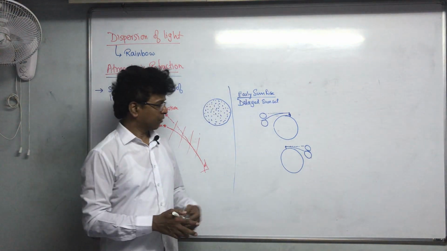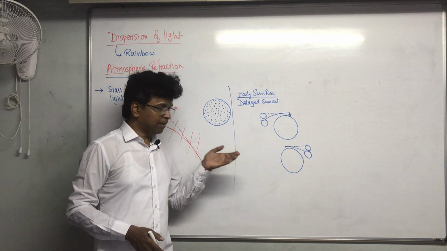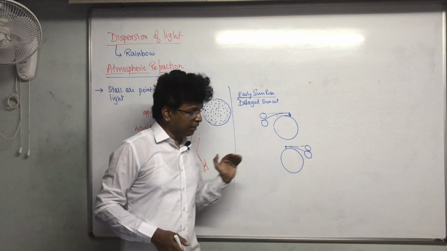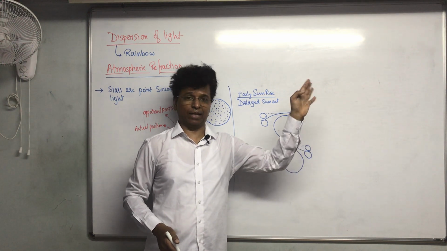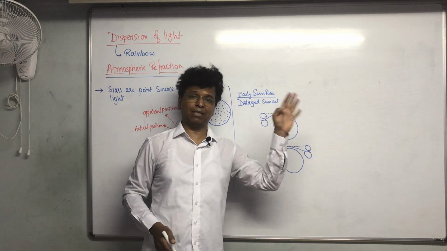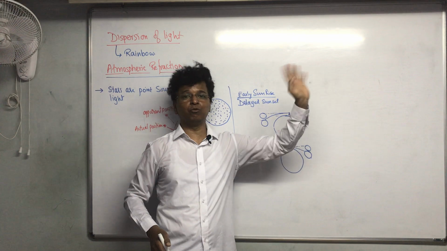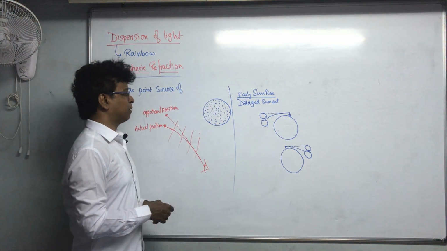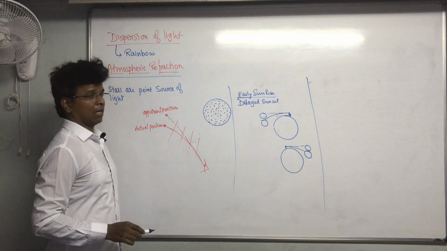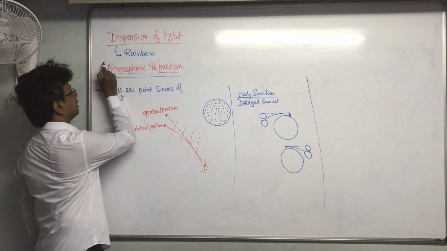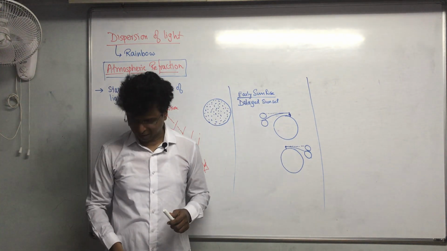Same thing happens over here. The light which comes from the sun keeps on bending inwards, and then it reaches you, and then you are able to see the sun in the straight line, that is above the horizon, whereas the sun actually is below the horizon. The sun actually has set, but you are seeing it straight at the horizon. So for you, the sun has not set. So these all things play a very important role, and the reason for this, the Jadugar, the magician, is basically the atmospheric refraction of light. Okay, my dear students, so this is what atmospheric refraction of light is.